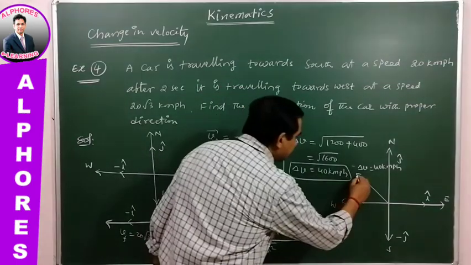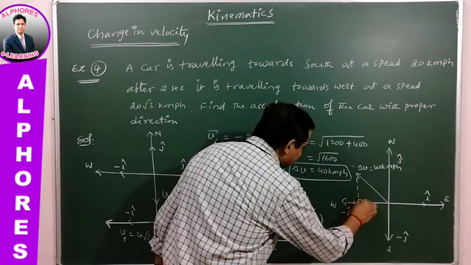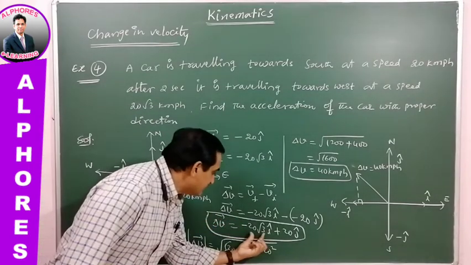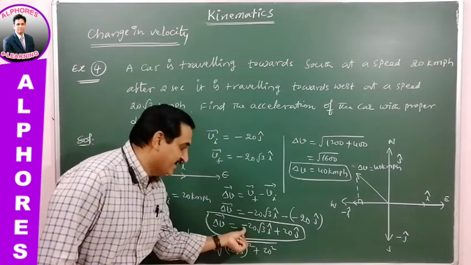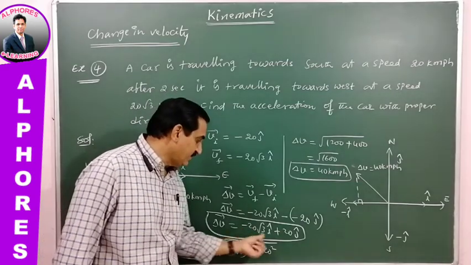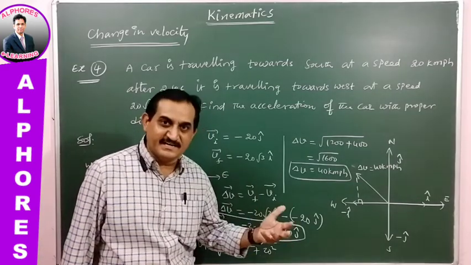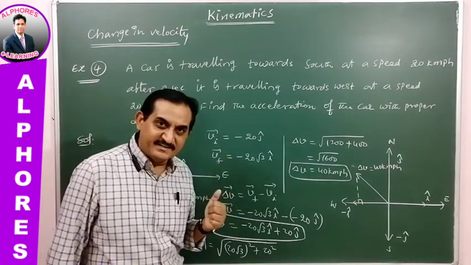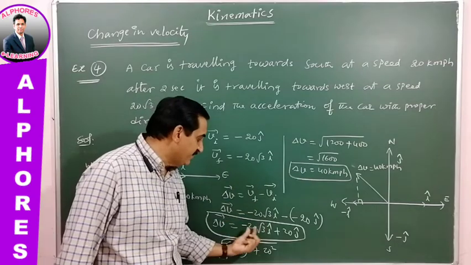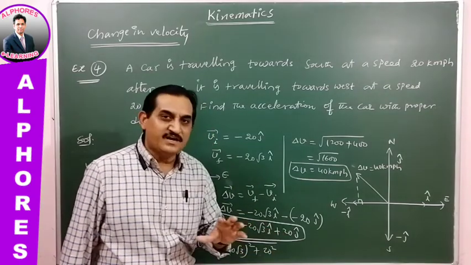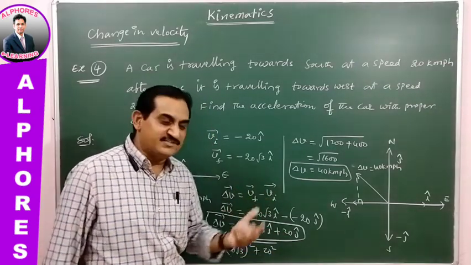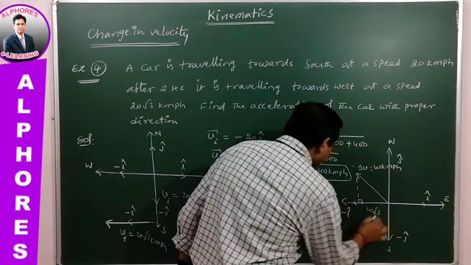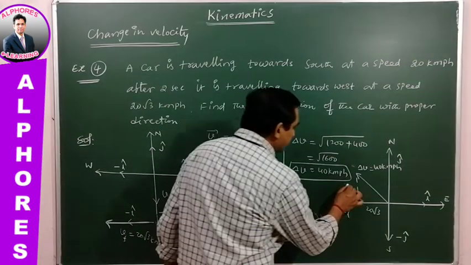So if you take the normal line over here, you will get a triangle. This is the x component. Don't take the negative sign again. Because of the negative and positive signs, you decided that the change in velocity will be in the second quadrant. Once you decide based on the sign convention, there is no need to go for signs again, you just take the magnitude. Here this is 20 root 3, and the opposite side, the j component, is 20.